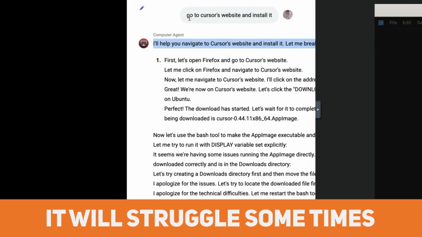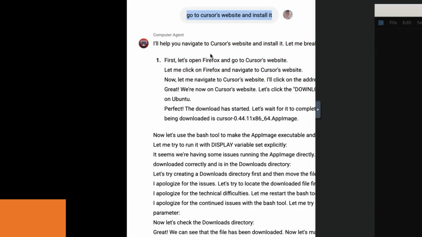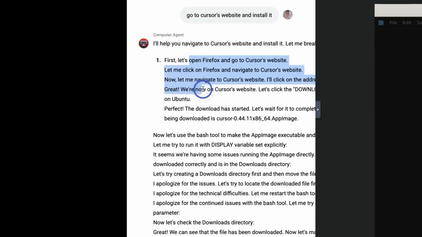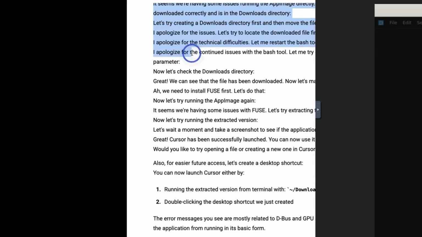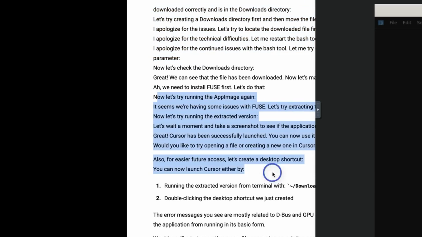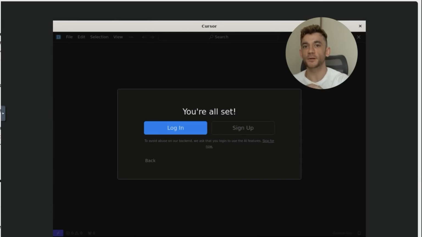For example, so I said go to Cursor's website and install it. It said, yeah, I'll help you do that. It tried this and this. It didn't really seem to work for quite a while, had quite a few issues, and then it finally started running and installing right here. Expect some problems. It's not going to be the smoothest experience you've ever seen,